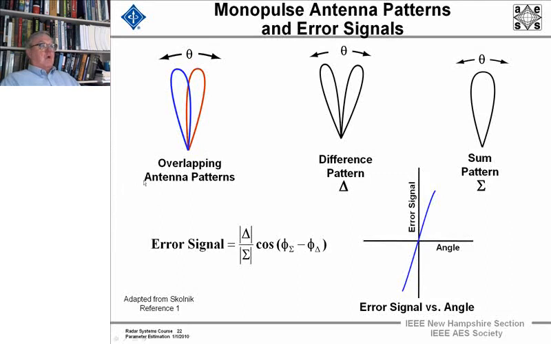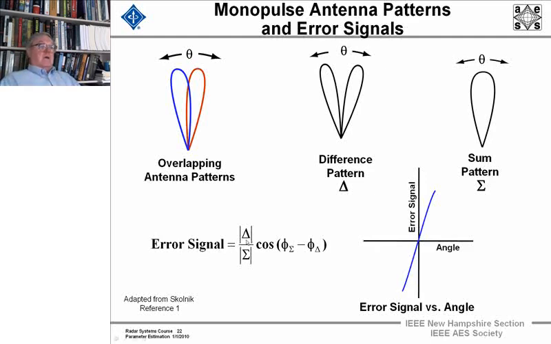Now, here we have the two overlapping antenna patterns. If we take these two antenna patterns and subtract them, we get a difference pattern. And this shows them in beam space. And if we get a sum pattern, we get a fatter beam. And here is what the error signal looks like. And these patterns, that is to say, the return that you get in the receiver from the sum pattern and from the difference pattern